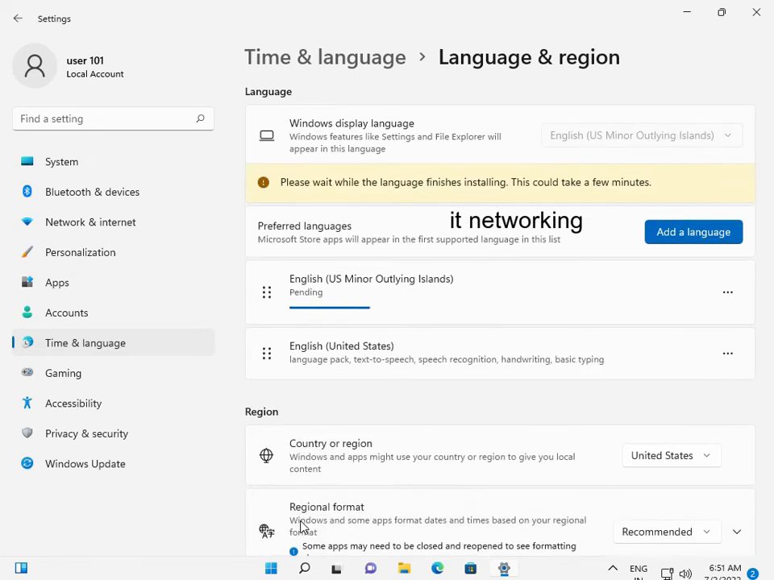Okay, so now this is downloading. Please wait for the language to finish installing. So now it's installing, and it will take a few minutes. Okay,